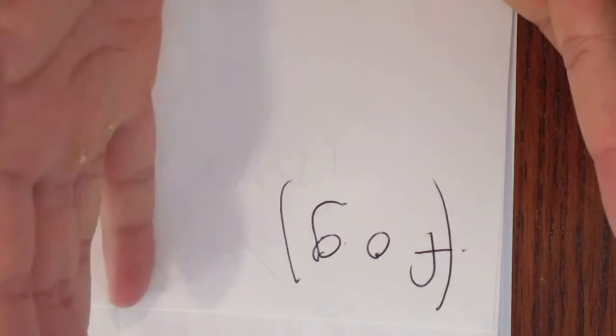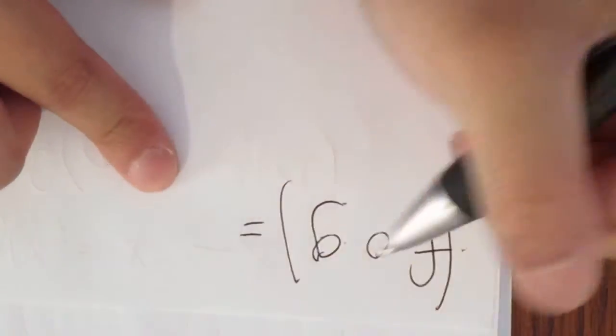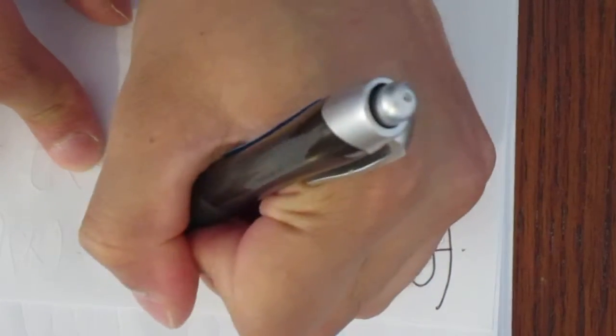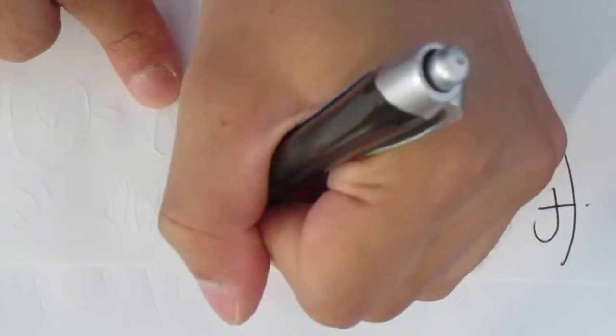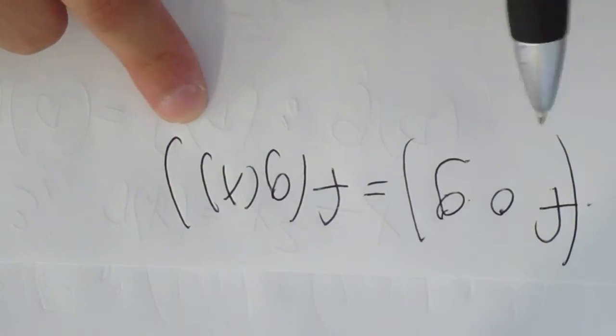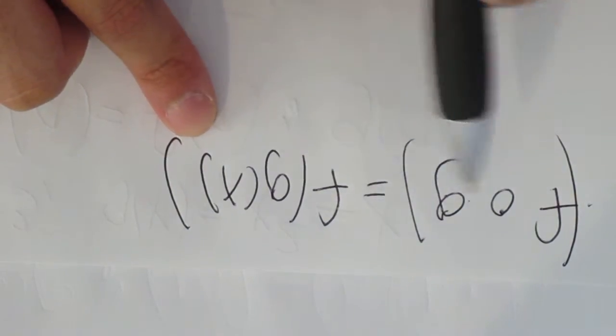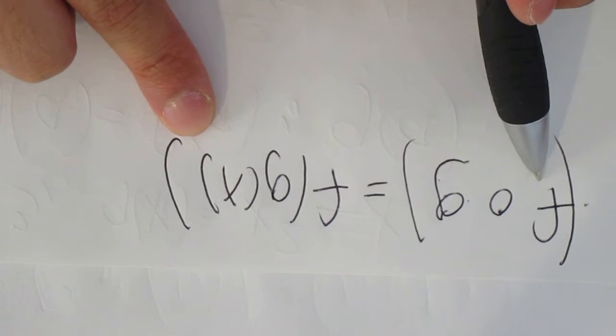So you always want to start, just remember, always starting on the right side. So that's like really saying f of g of x, right? So you're putting the function g of x into the function f,